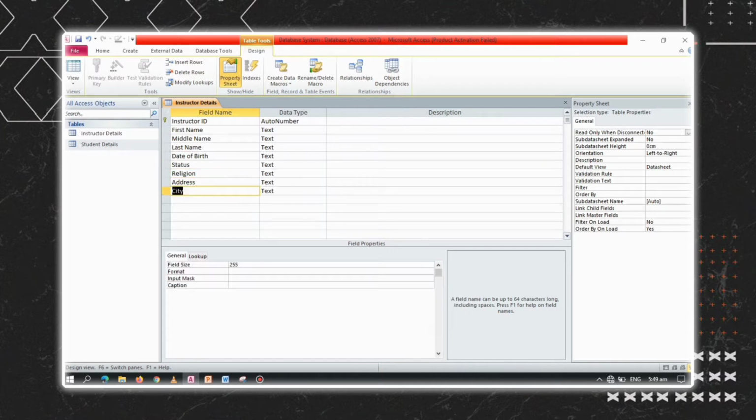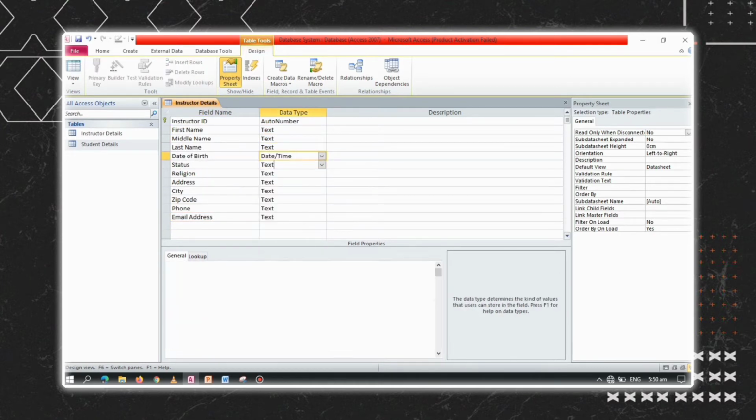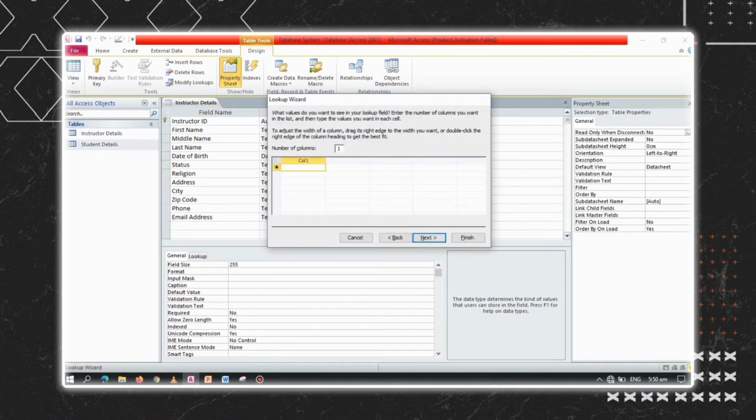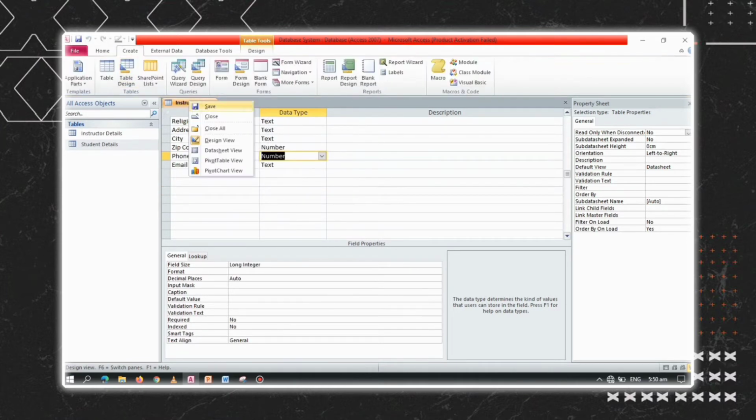And after inputting those field names of the instructor's table, it's time to set up the data types, same as what we did